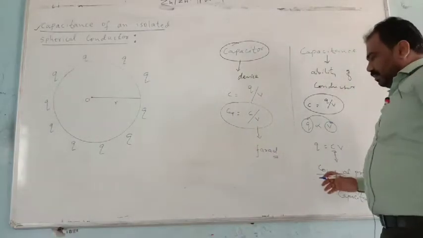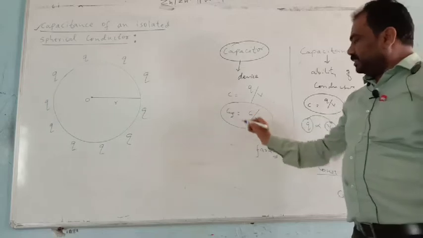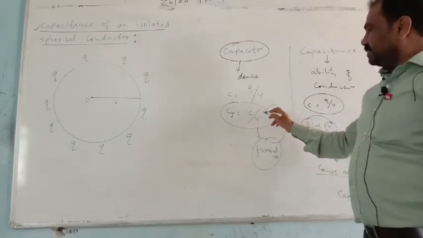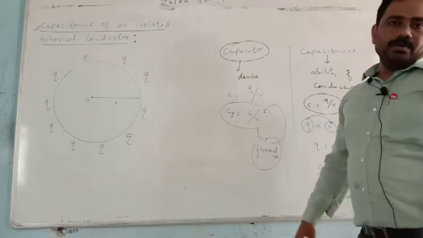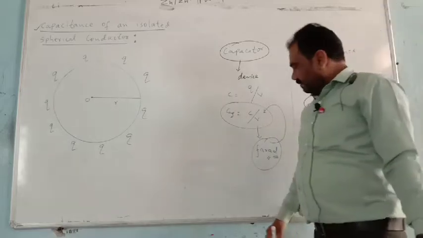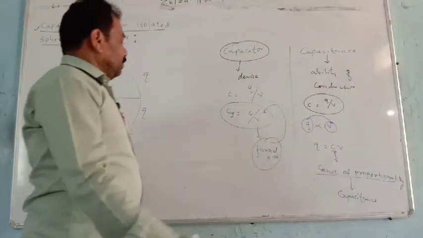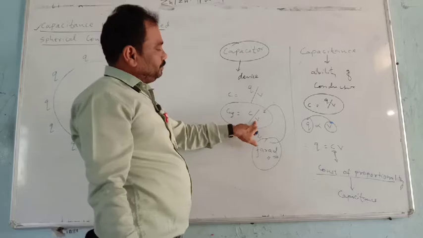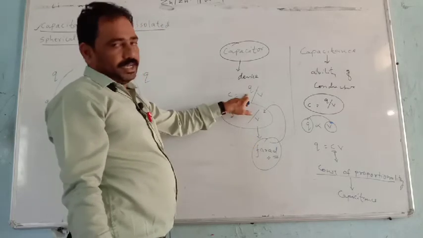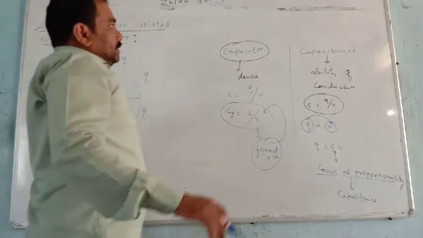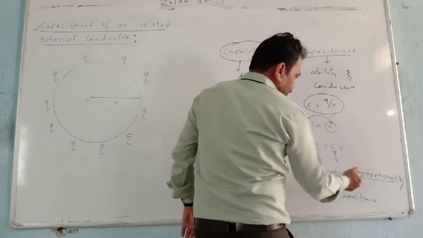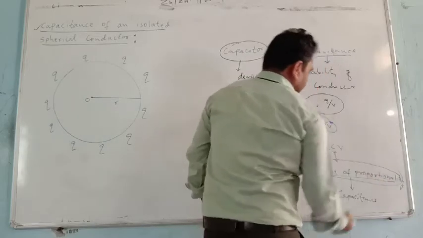So this is the most important thing about capacitance. The SI unit for capacitance is farad, and what is the meaning of farad? The meaning of farad is coulomb per volt. So you should memorize that farad is nothing but a coulomb per volt. Volt stands for what? Potential difference, and coulomb stands for what? Charge. Okay, so just keep in your mind, capacitance means what? It is a constant of proportionality.